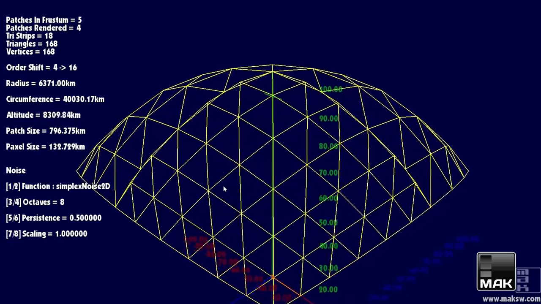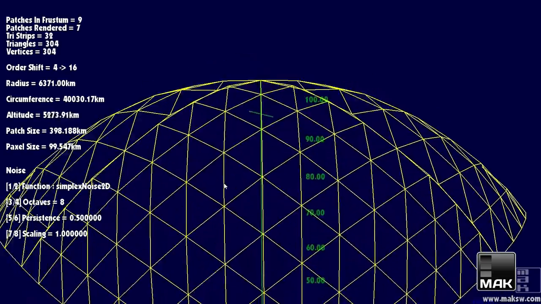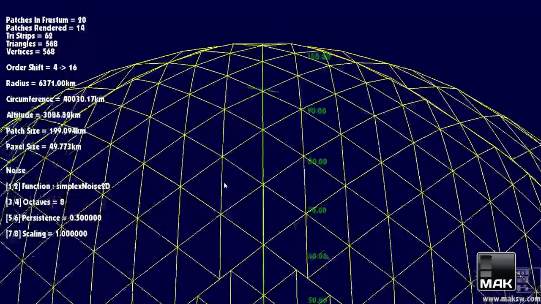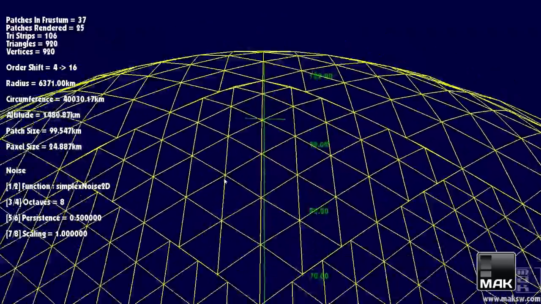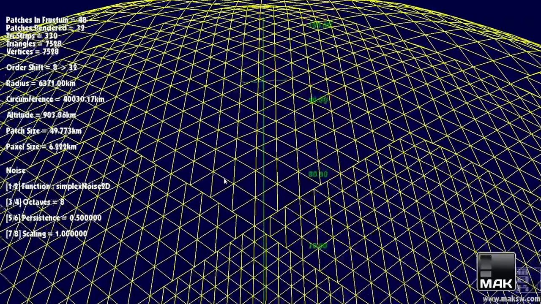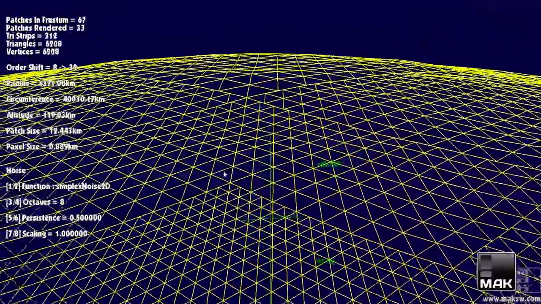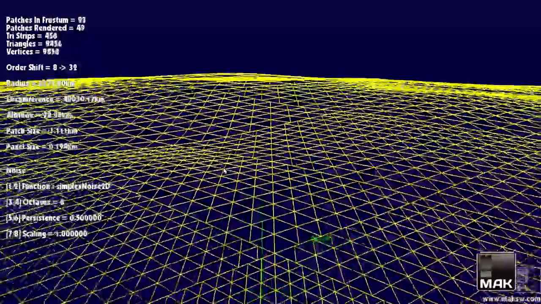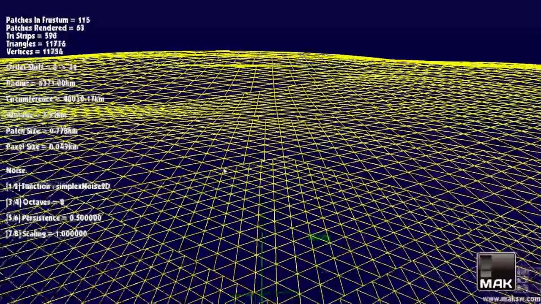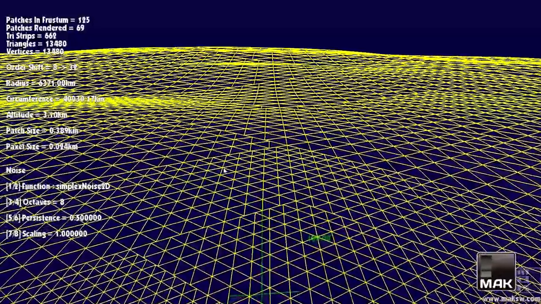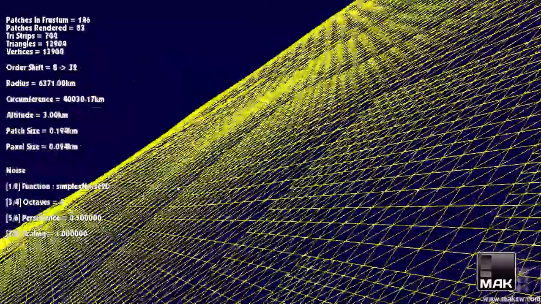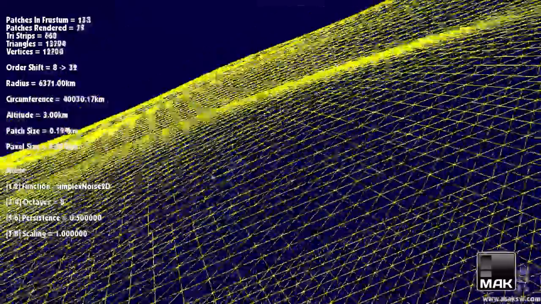The work in progress this time is that we have some deformation now being applied to the surface of the sphere patches, so we can actually start getting some height into the terrain for the planets. Not that it's particularly exciting at the minute, we're just deforming the terrain. As you can see, it's now no longer a perfectly uniform sphere. We're just experimenting with the algorithms and the noise functions that we're going to be using to produce the proper